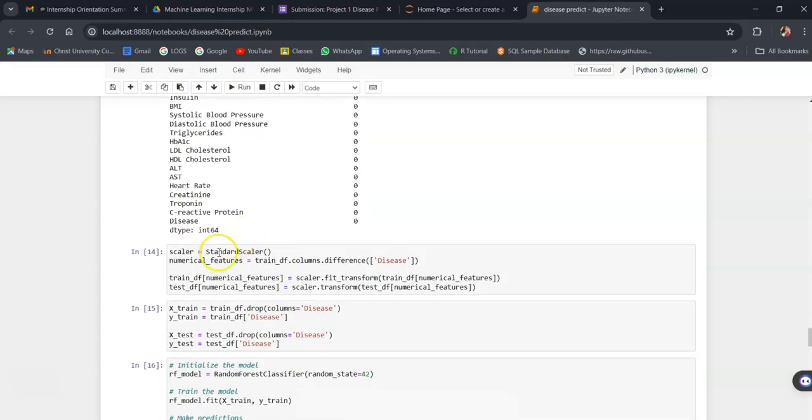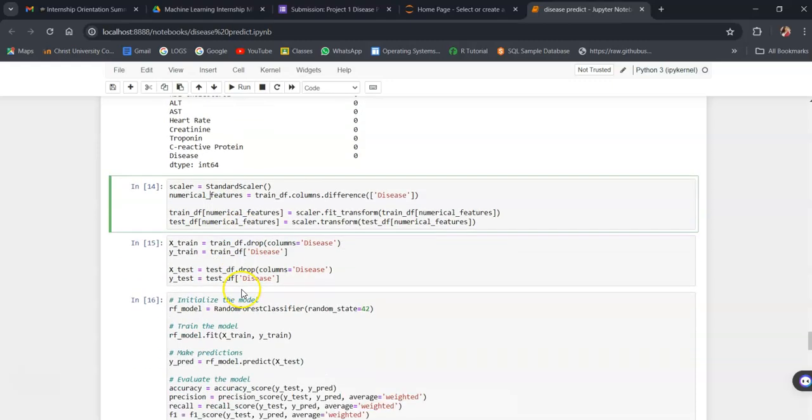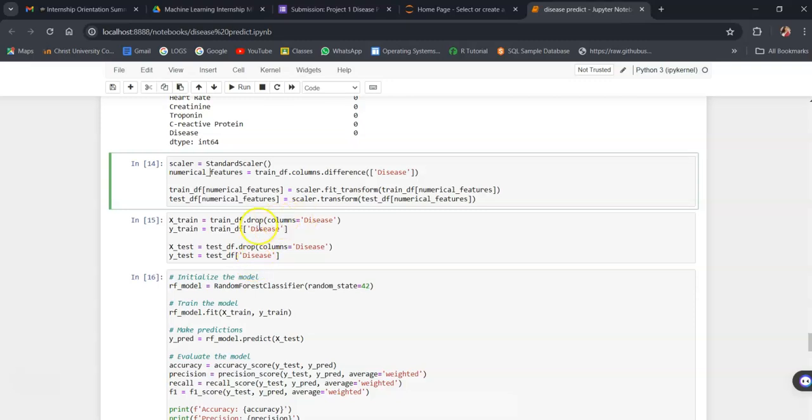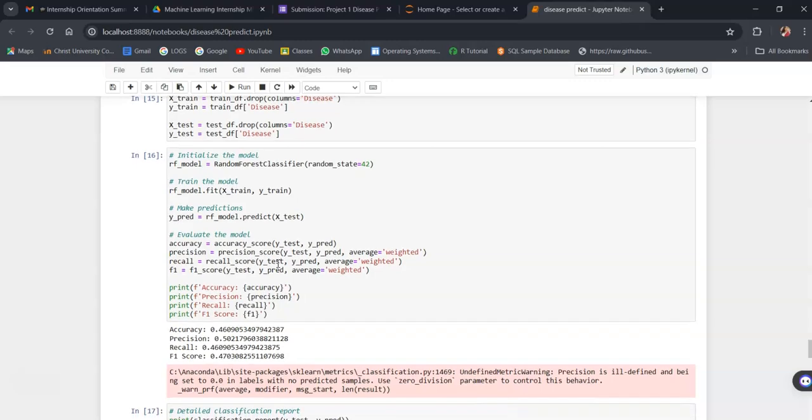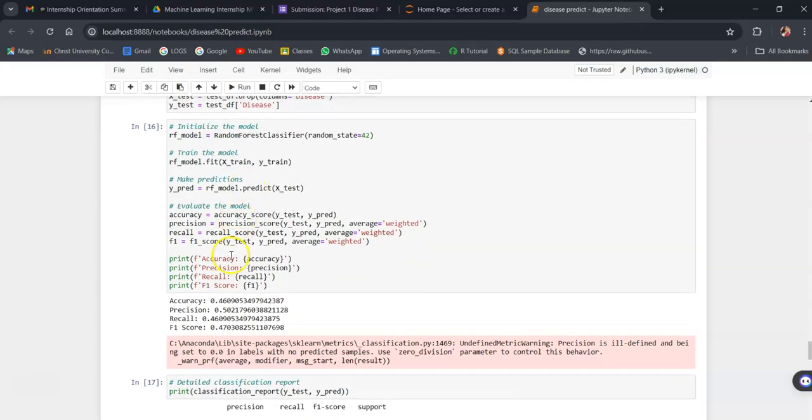Then we scale the data set based on the numerical features. After scaling, we drop the disease column in the training and drop the disease column in the testing, and then we compute accuracy, precision, and recall. We see that the accuracy is 46%, precision is 50%, recall is 46%, and F1 score is 47%.